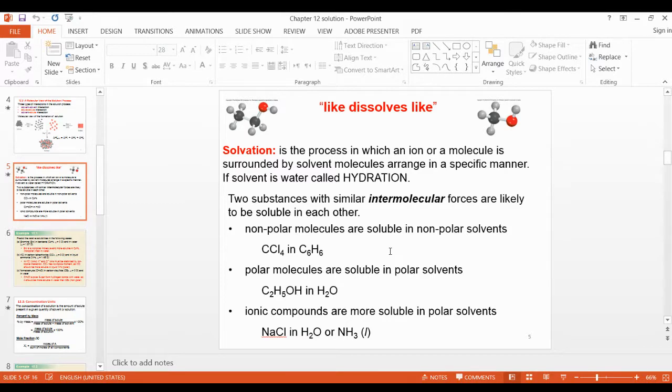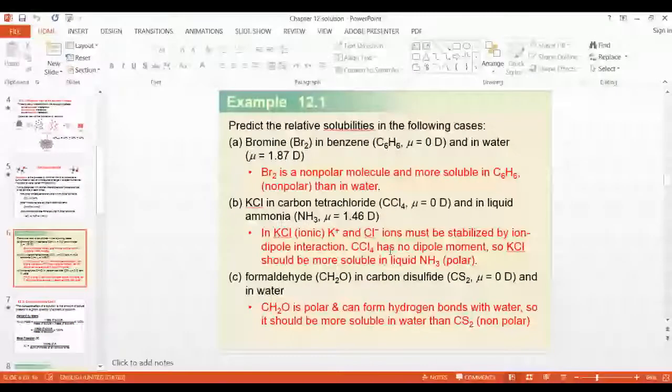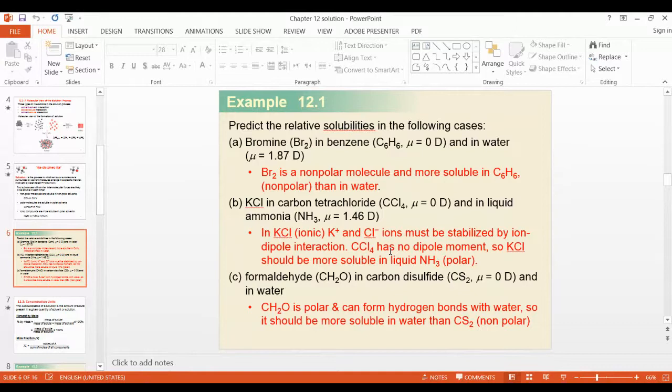Alright, so the dipole moments are given in the question, right? Then you decide on the basis of that. See, the dipole moment is written here, and the question is whether bromine is dissolved in benzene or in water. Water dipole moment is 1.87, it means that is polar. And benzene dipole moment is 0, it means that is non-polar. So you should know whether bromine is polar or non-polar. All non-metal elements are non-polar, they dissolve in non-polar solvent.